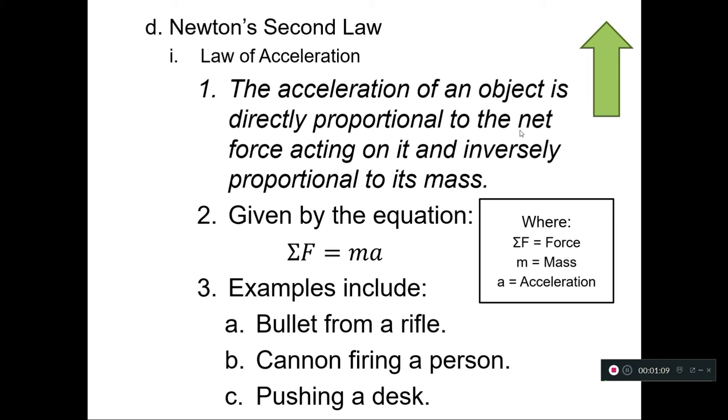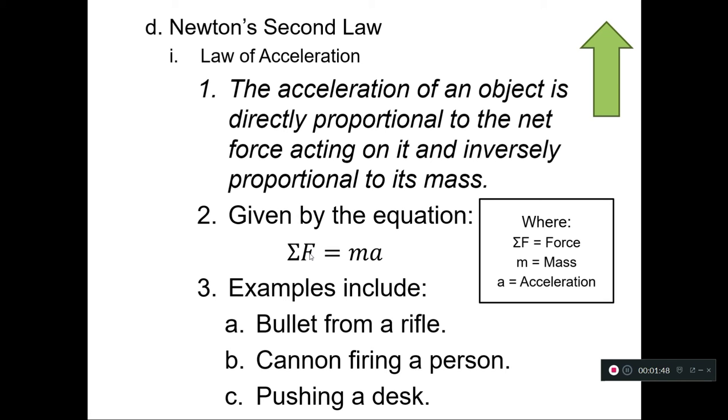So in other words, for any object that accelerates, the greater the net force, the greater the acceleration. And if you have a certain fixed force, you're going to have less acceleration with more inertia. So heavy objects aren't going to accelerate as much as lighter objects with the same force applied. And it's given as sigma F equals ma, where the sigma F can mean one or more forces